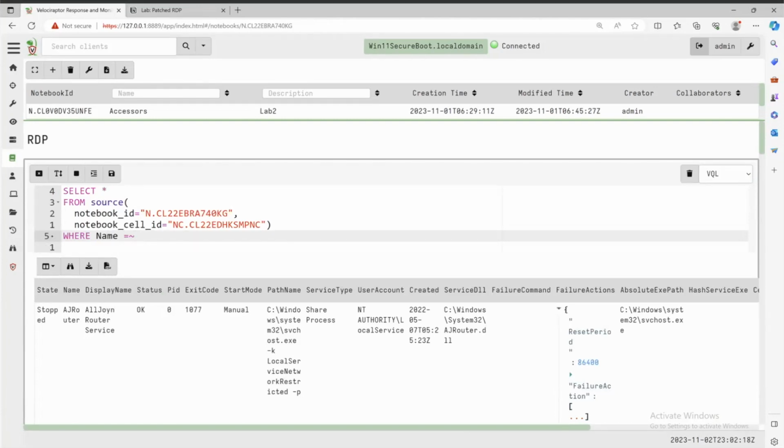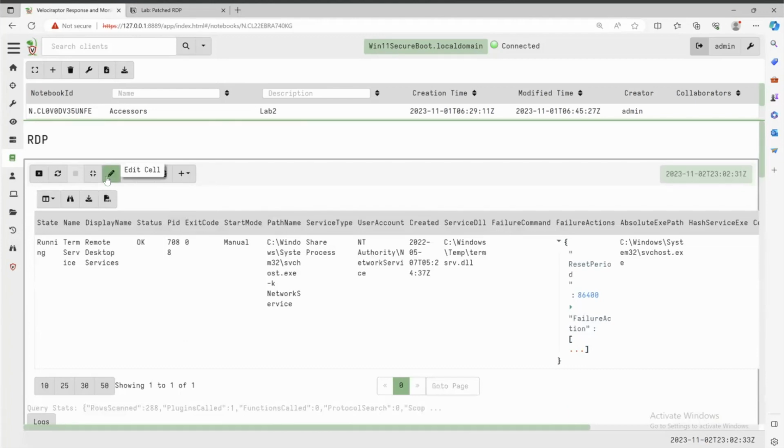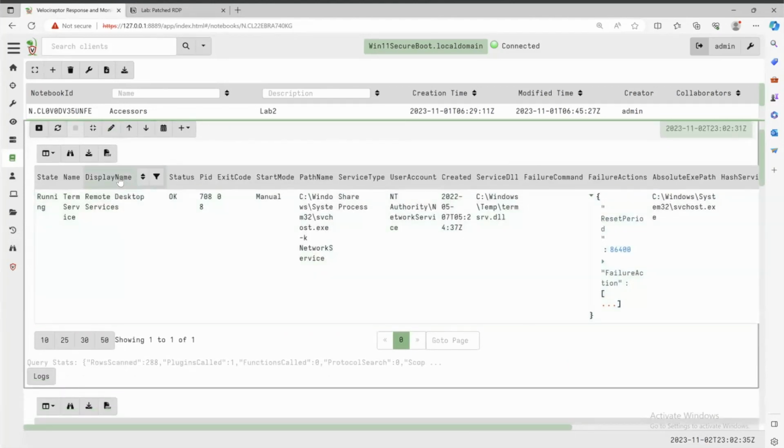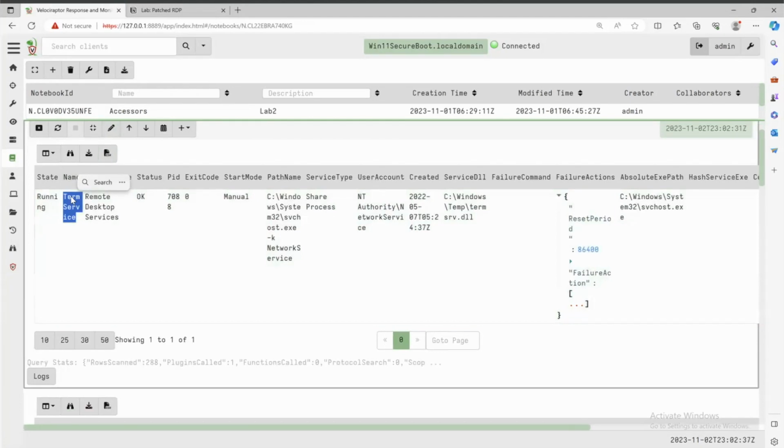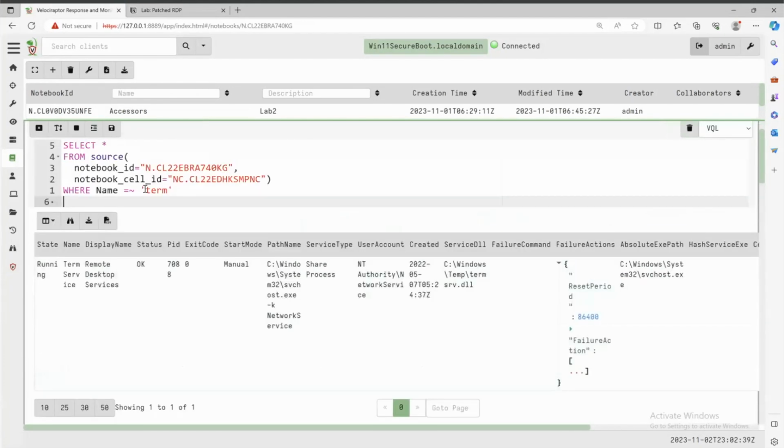So in this case, what was it, termserv or something. Just use a kind of generic type term, just so you've got lots of hits and you can see, oh, I was able to guess pretty well. So then we can say name equals